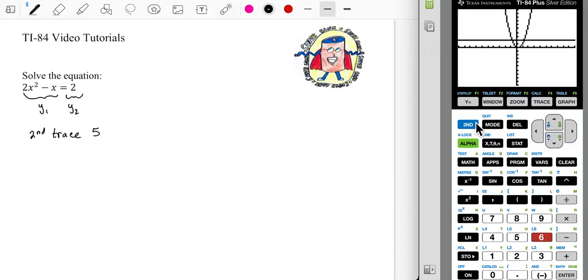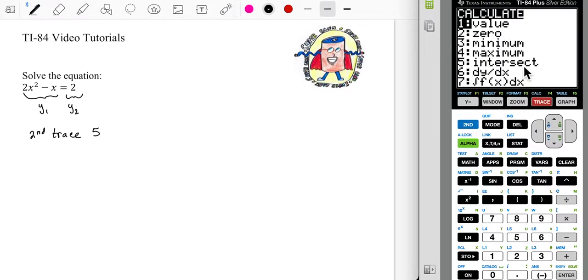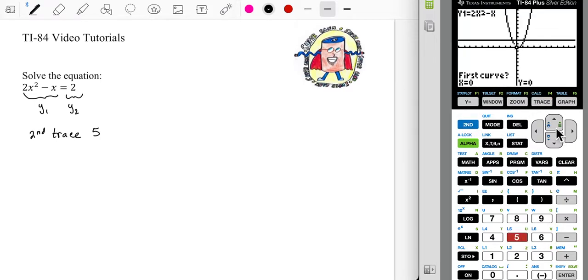All right, so second trace option 5 is intersect. See, it asks for the first curve, and then it identifies the first curve at the top of the screen, which is the parabola. If I hit the up arrow, it'll take me to the second curve. Since there's only 2 curves, it doesn't matter which one I identify first and which one I identify